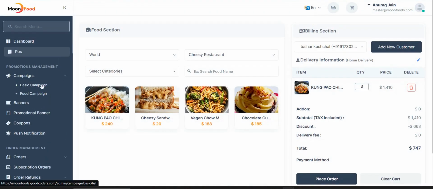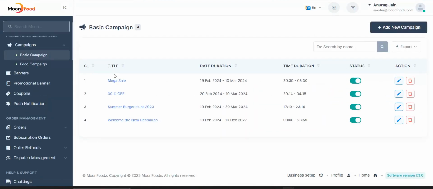Now coming to campaigns, we can see basic campaigns, like different campaigns that are running on the platform. For example, mega sale, 30% off, summer burger hunt. Everything can be managed right from here. We can also manage the duration, time duration, and different status. If you want to disable a basic campaign, we can just disable it right from here, and we can similarly